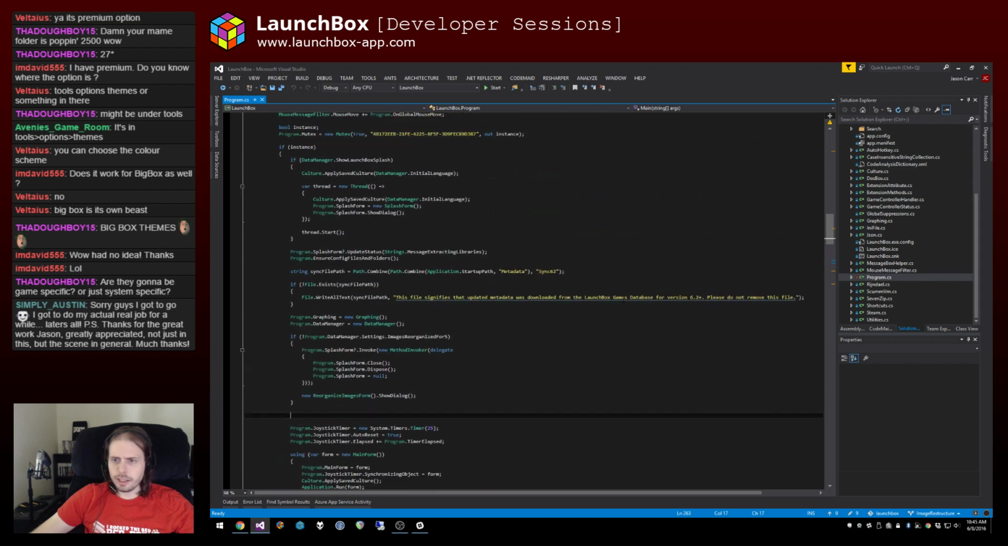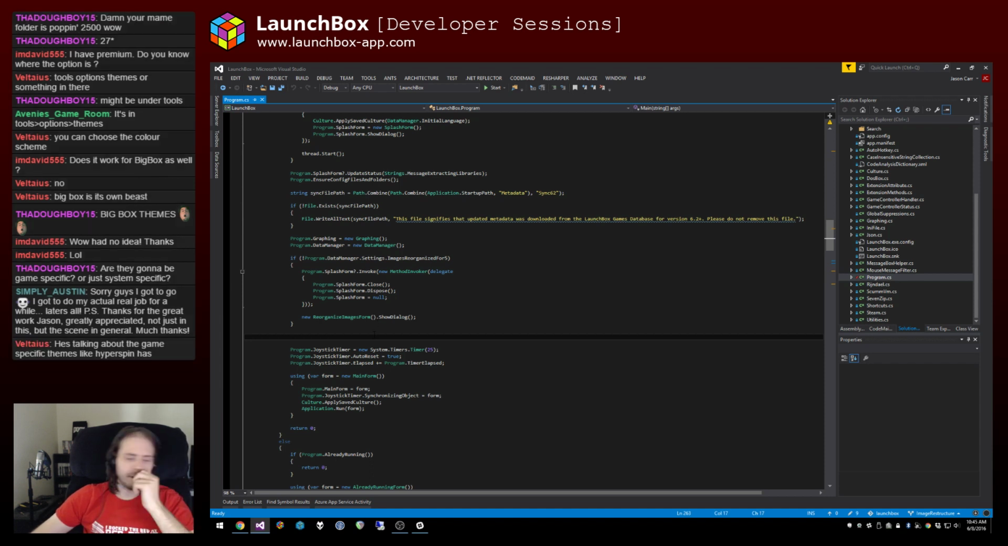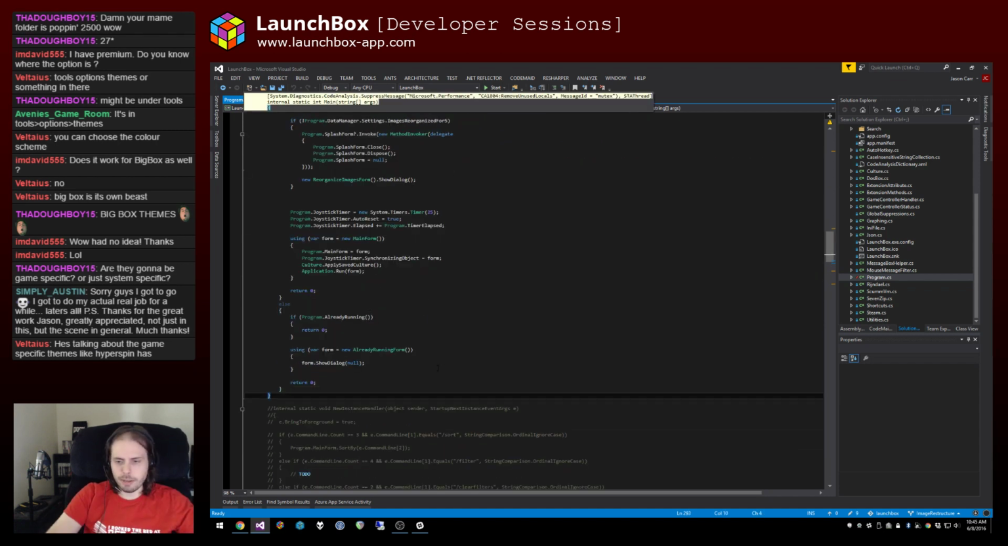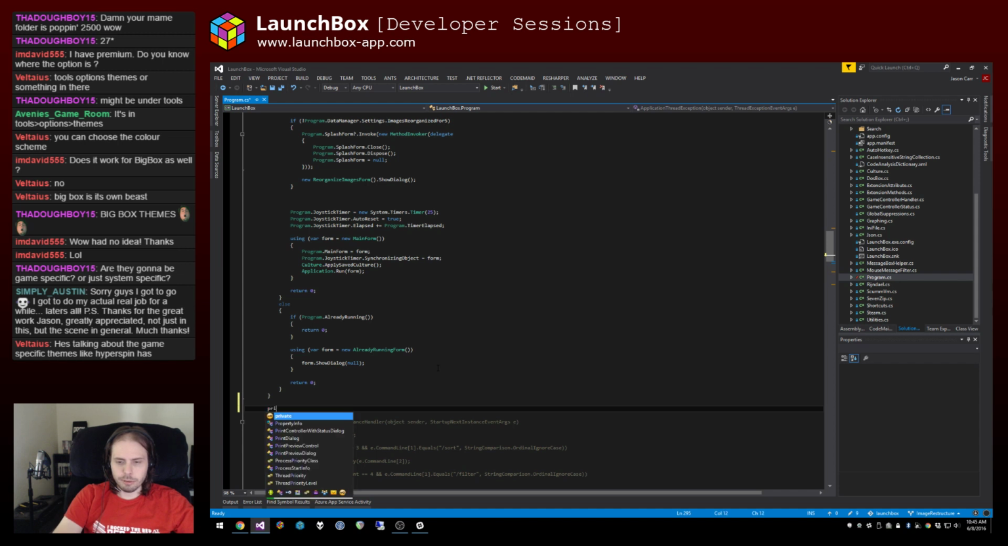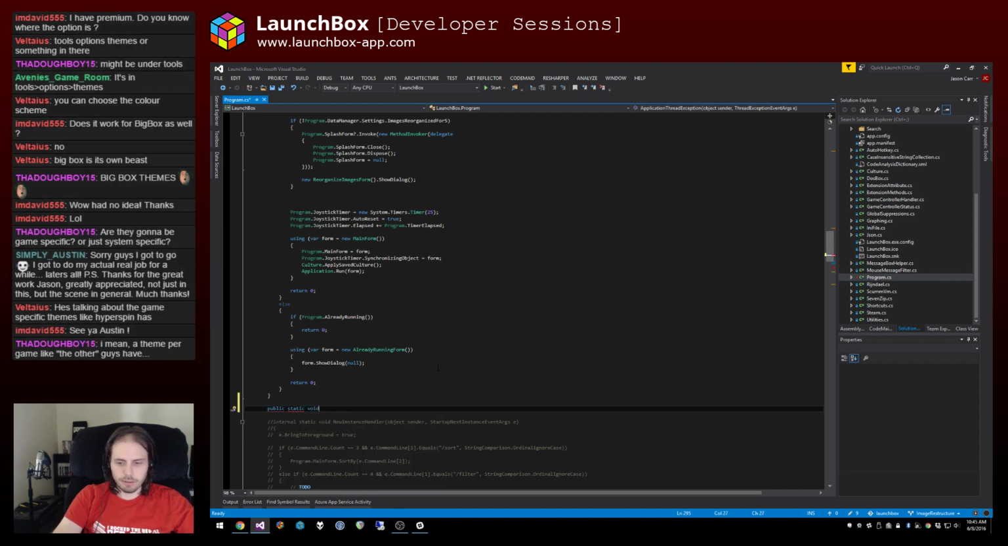Okay, let's see. So basically, I want to add a method. Where would be best to put this method? We're going to have to call it for both startup on LaunchBox and startup on Big Box. So I'm going to add another method right here, I think. Private, no, we want to make it public. Static void